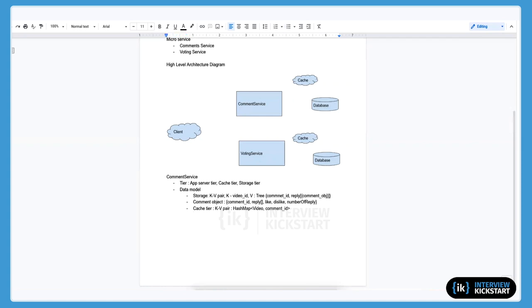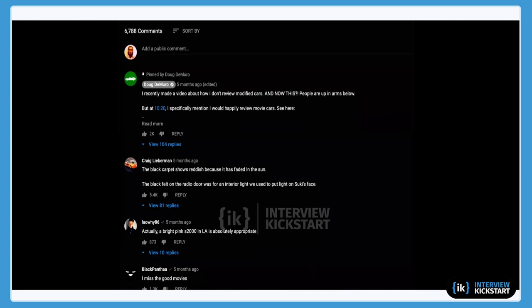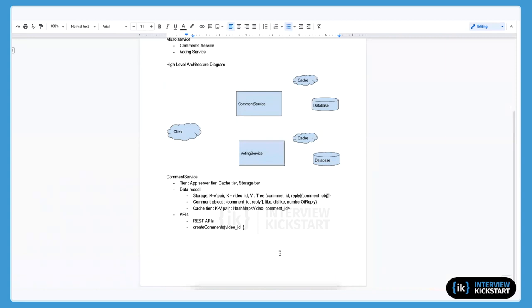And the REST API. So we need one REST API for create comment. Here we'll have video ID. In the comment, can they upload an image also or just text content? Yeah, we'll leave it as text. So here I pass the text content